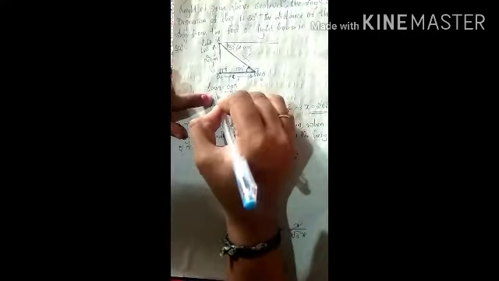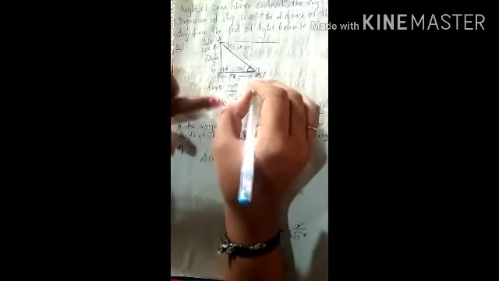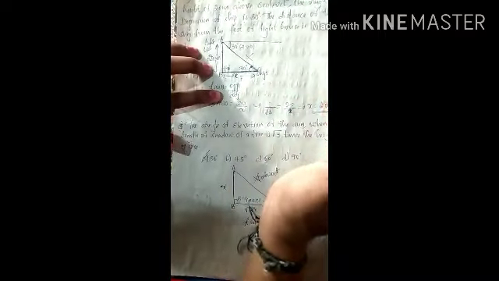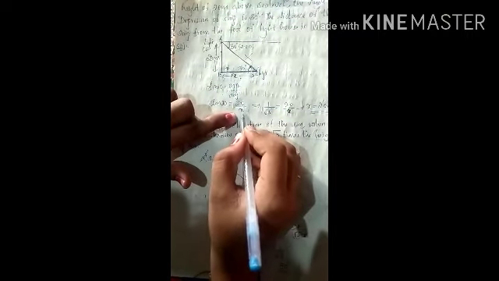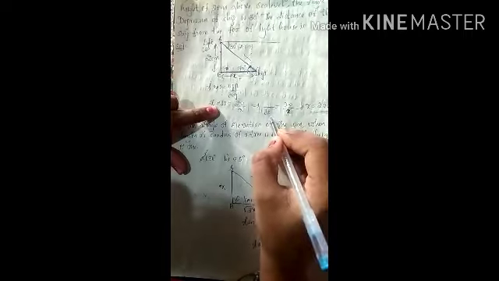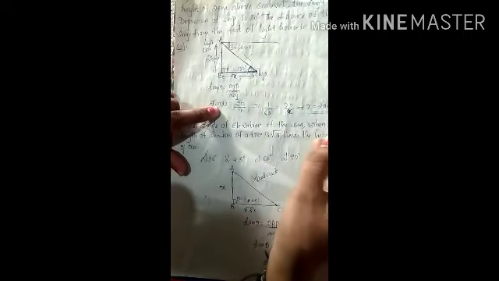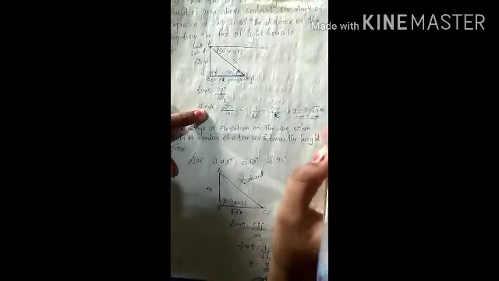Here what is there, friends? When I took this as the angle of depression, we are having the opposite side and the adjacent side. Hypotenuse we don't want, no need of it. So I wrote tan theta equal to opposite by adjacent, right? Opposite side by adjacent side, in both terms we are having only tan. Next theta, the angle of depression they gave us, is 30 degrees, no? Tan 30 equal to our opposite side, which is 20, by the adjacent side, which I don't know, so I kept x. Tan 30 value is what? 1 by root 3 equals 20 by x, then x equals 20 root 3. Okay, this is our answer.